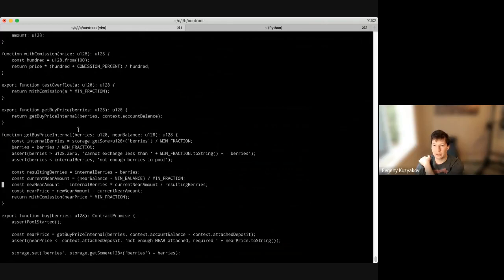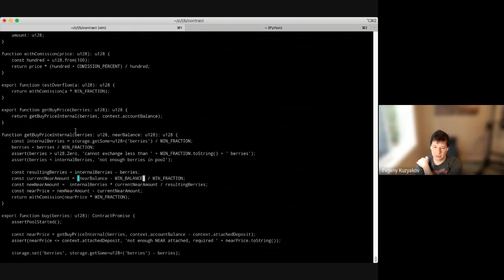So if I can send NEAR to the contract, some amount of NEAR that I know I need to send, then this current NEAR amount will be increased by the amount that I know,